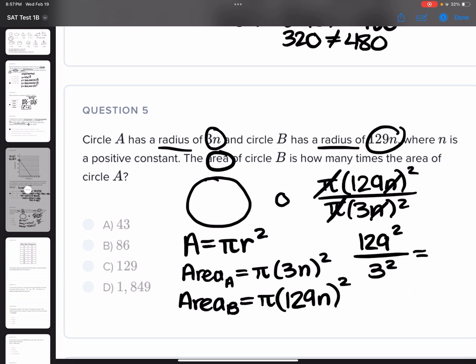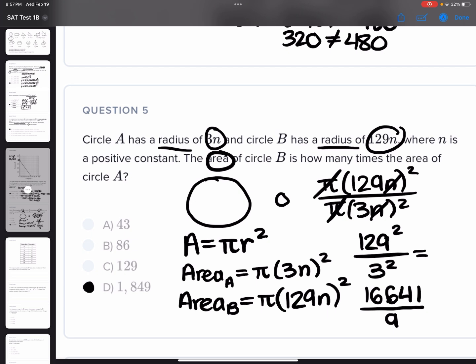Okay? So 129 squared, you can use Desmos or your personal calculator. 129 squared would be 16,641 divided by, and then next we have 3 squared, which from heart is just 9. And it's kind of clear what the answer is now, because it obviously can't be the first three. They seem pretty small, but to verify on your calculator, divide by 9, you're going to get the answer